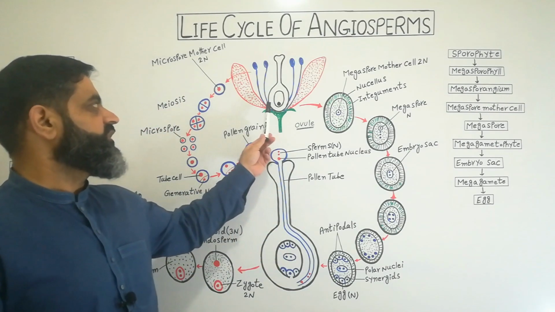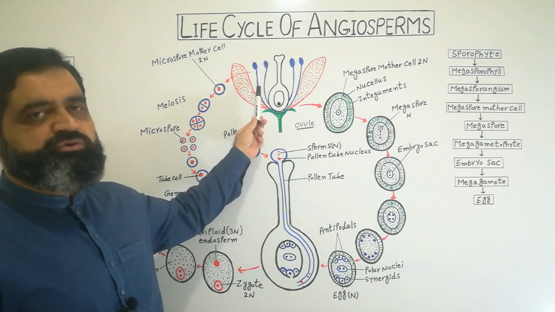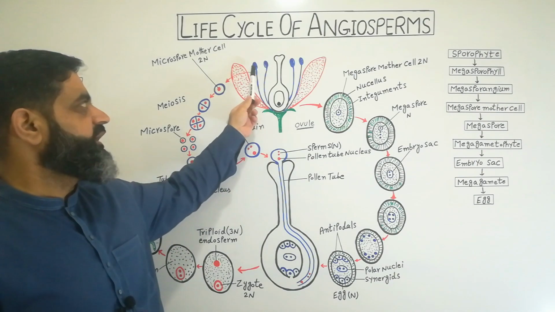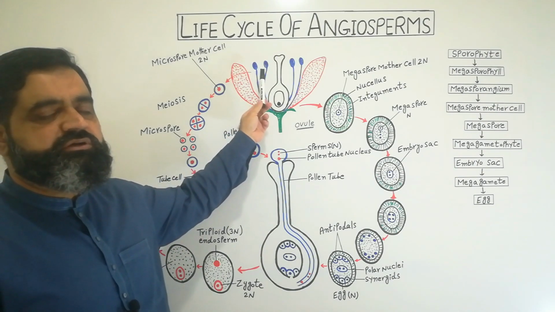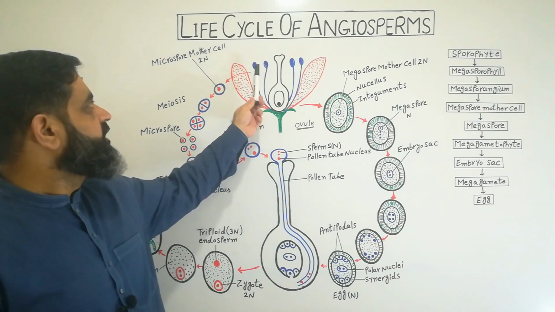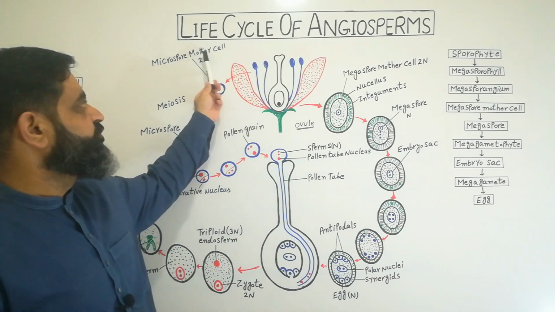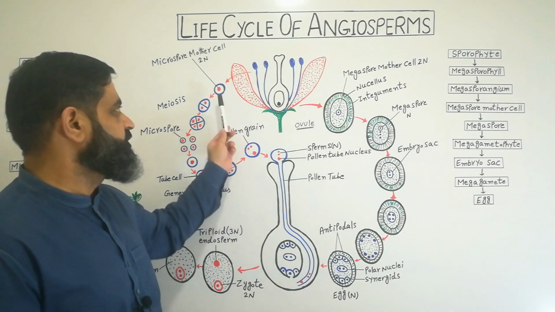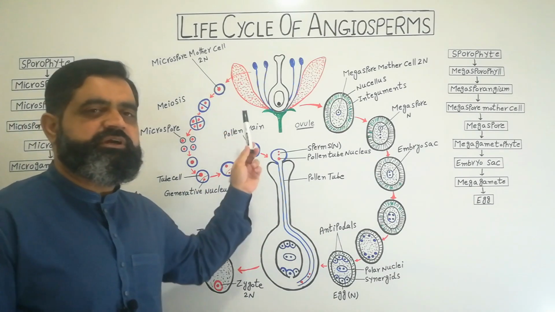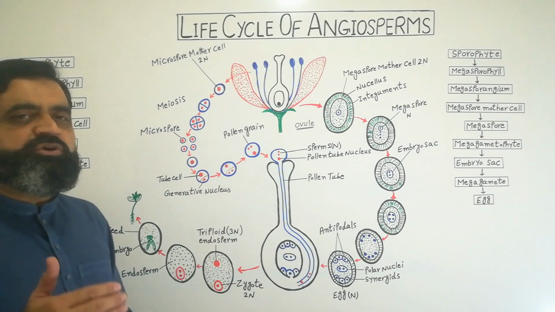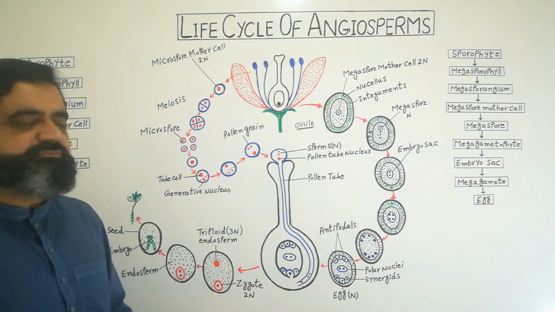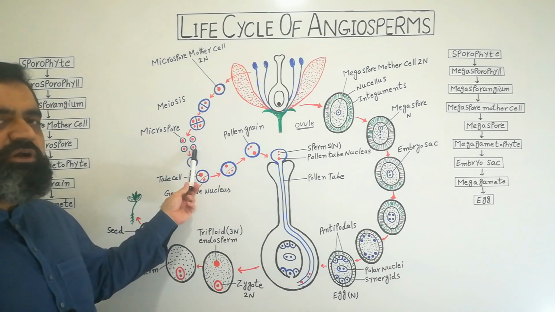Now we are going to discuss the male gametophyte, or male part of the flower. Inside the flower there are male parts which are known as the androecium, which consists of a filament and an upper swollen portion known as the anther. This is also a sporophyll. It is known as microsporophyll. Microsporophyll contains microspore mother cells. This is the microspore mother cell, which is diploid. It undergoes meiosis 1, 2 and produces 4 haploid cells. Because of reduction division, these are microspores.